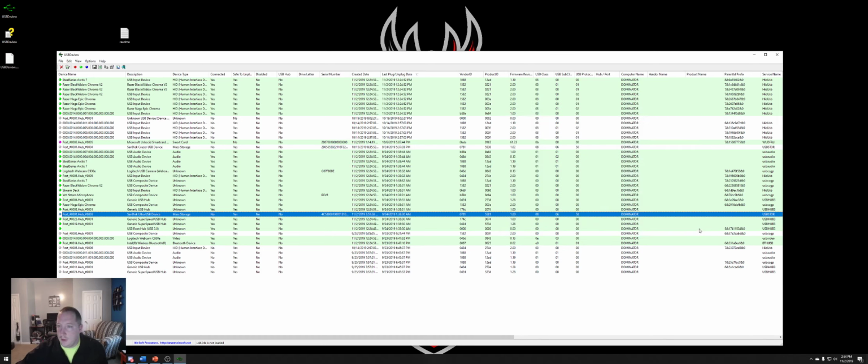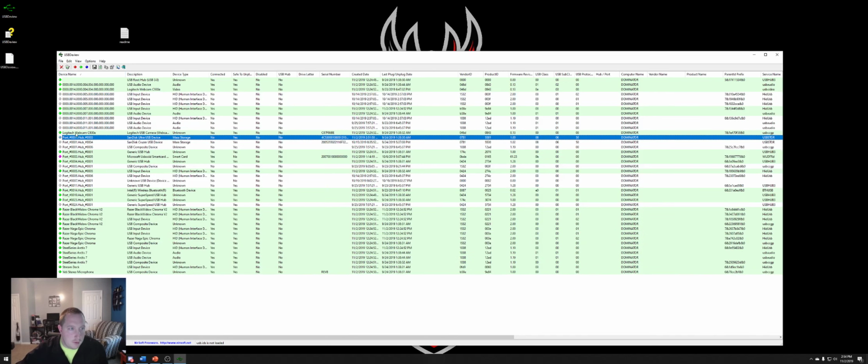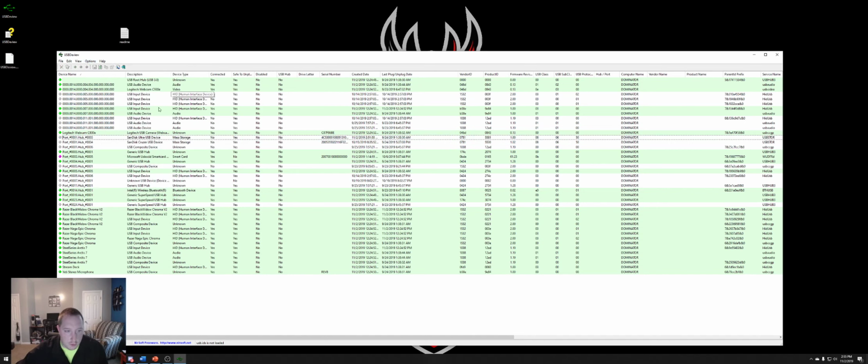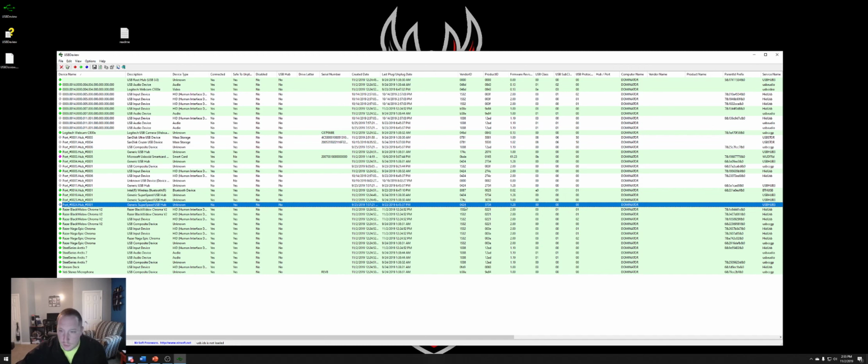Well, as we can see, there is no device name by the name of Ultra, which we should be able to view even stuff that's been unplugged as it's supposed to. Display disconnected devices, so it should be showing it as a disconnected device. I should still be able to see it in here. Maybe